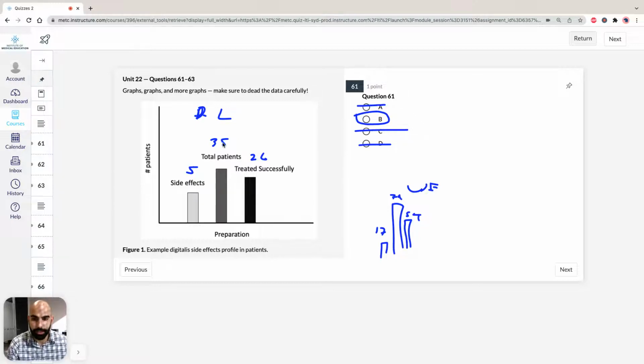but we can show that B is correct just by using fractions and ratios. So if we take a look at the treated successfully over total patients, so we've got 26 over 35, and on this side we have 54 over 79. You might make the mistake and say, how about we just take a look at the graph, and you can see with dried leaf, the ratio, just by using your eyes, this is a lot, so the gap between here and here is a lot smaller than here and here, which means therefore this was more effective at treating total